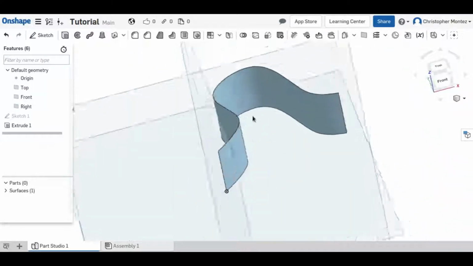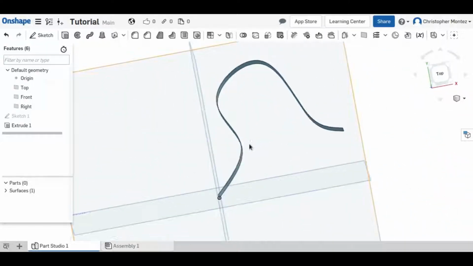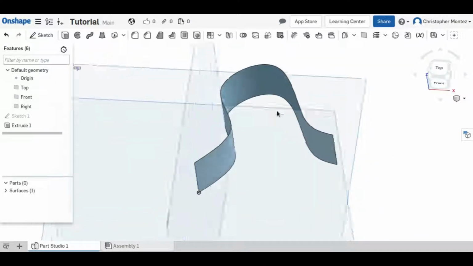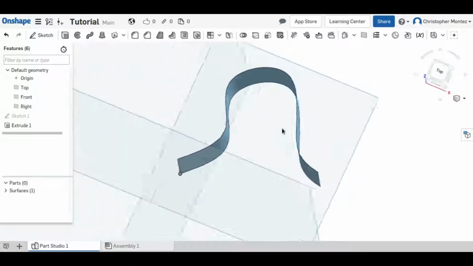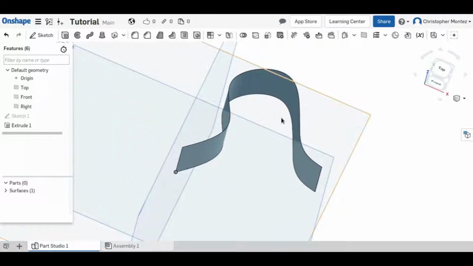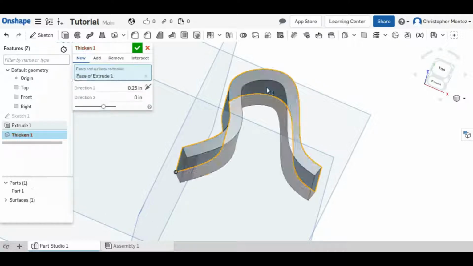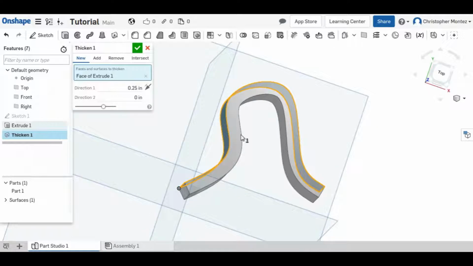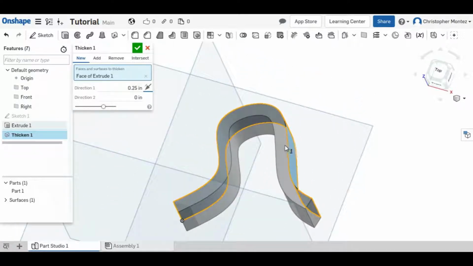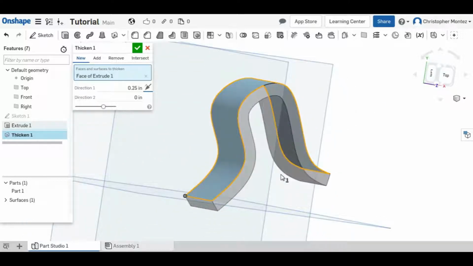Now, this isn't very useful since it's infinitely thin, and in the real world you can't actually have anything infinitely thin like this, not even paper. Paper has thickness. But we can thicken it with this tool and select the surface, and now we can choose either side of this can be thickened, and it just gives a dimension to the thickness of our surface here. You can give it whatever thickness you want,